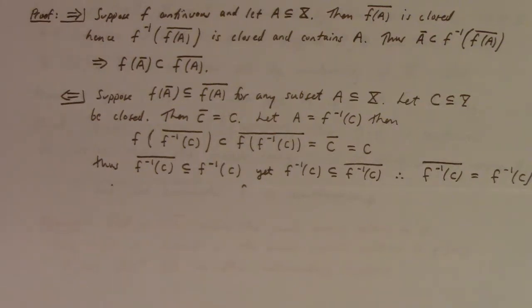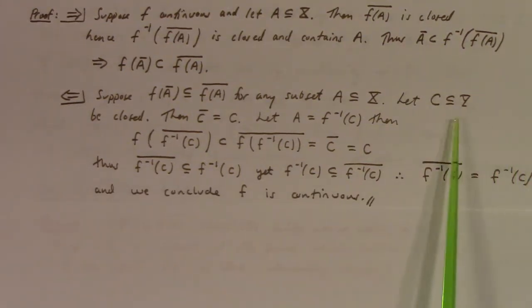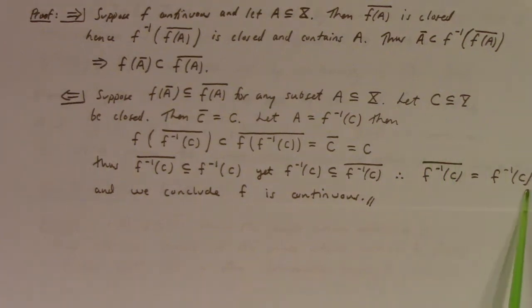Thus, the closure of the inverse image of C is a subset of f inverse of C, but on the other hand, we also know that the inverse image of C is a subset of its closure. So if you have this containment and that containment, you got equality. So the closure of the inverse image of C is equal to the inverse image of C, which is to say that the inverse image of C is closed. Consequently, the inverse image of an arbitrary closed set is closed, which shows us that f is continuous. All right,